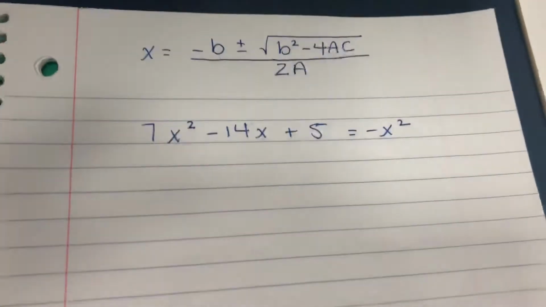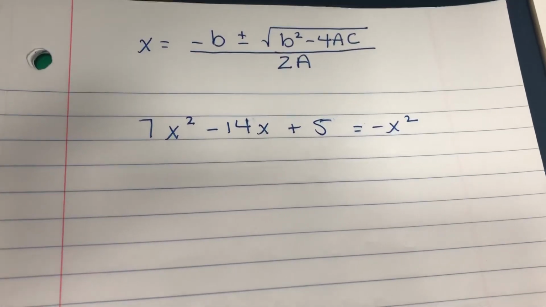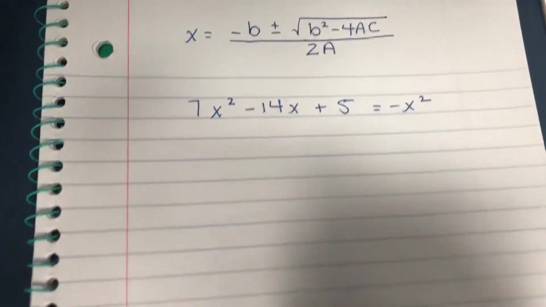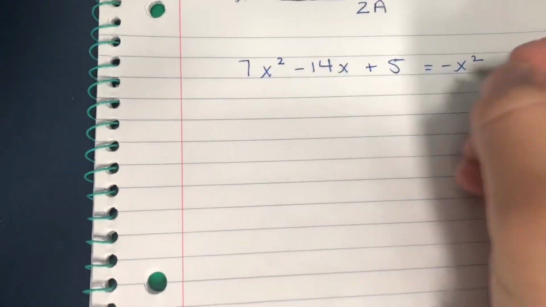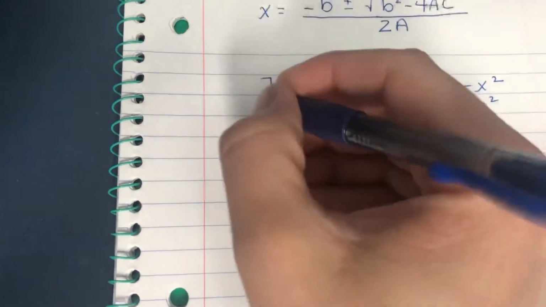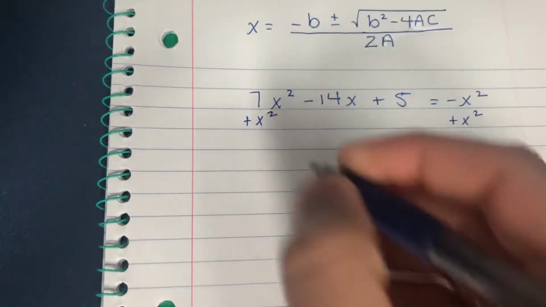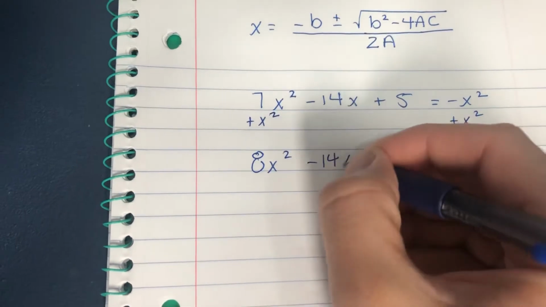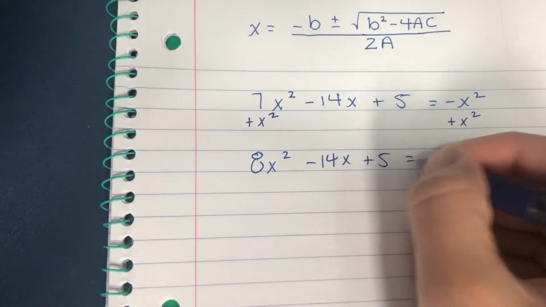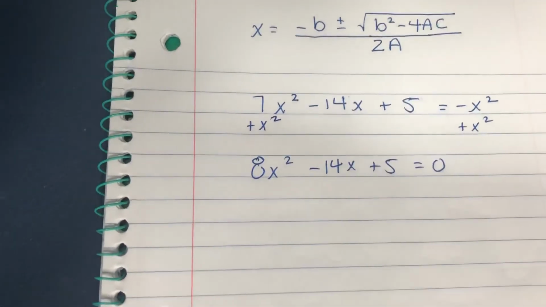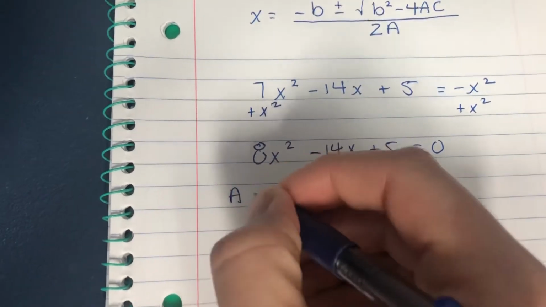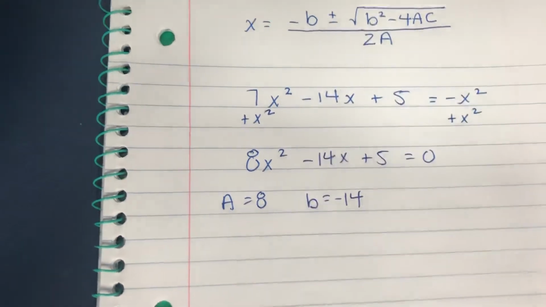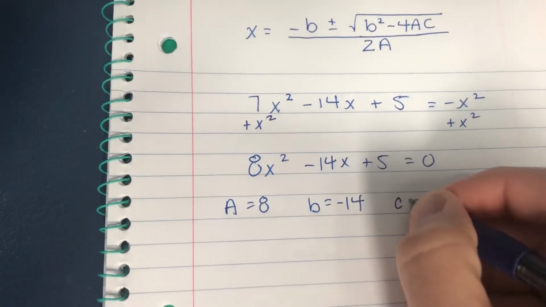We have this formula here, and from this formula we're going to have to get our a, b, and c values. The first thing we're going to do is put this in standard form, and we'll do that by adding x squared to both sides. We'll now have 8x squared minus 14x plus 5 equals 0, and we're ready to go. We're going to identify our a value as 8, our b value as negative 14, and our c value as